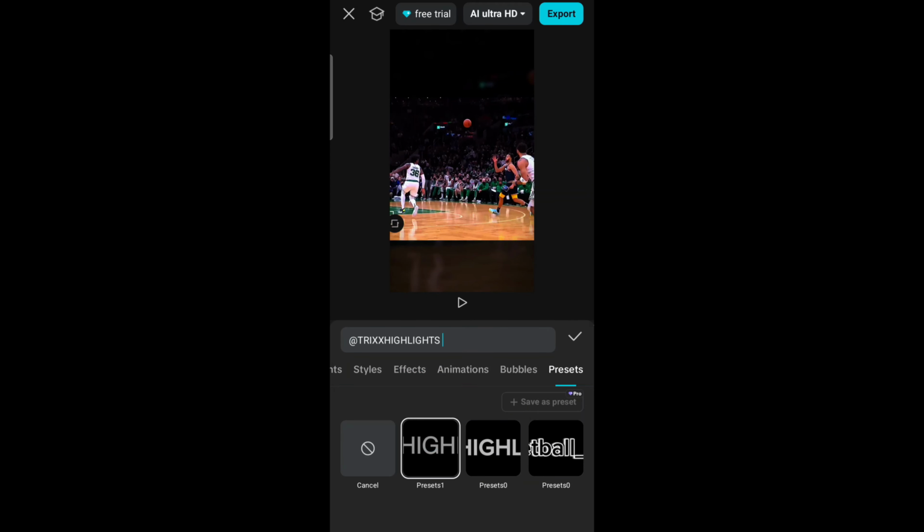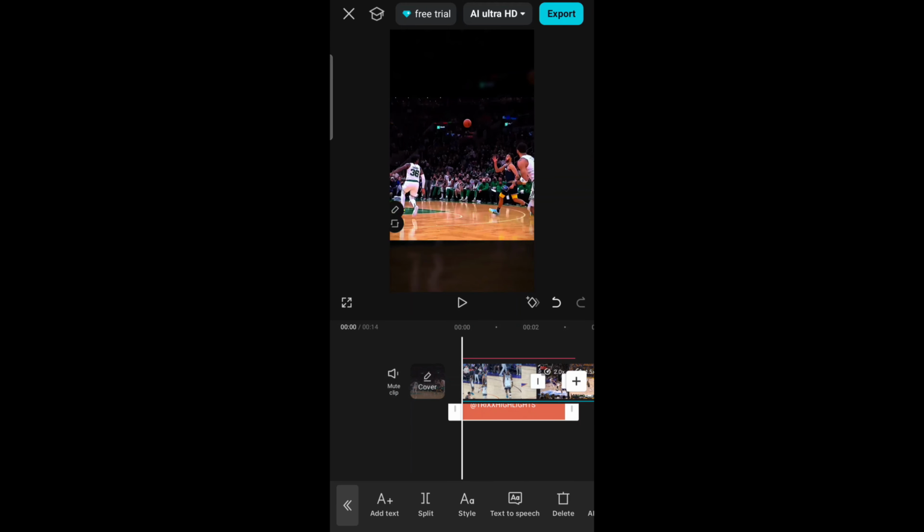So just gonna put your text. If you have Pro, save it as a preset. I put mine as a preset because sometimes CapCut does the free thing where all the Pro features are free for a day, maybe a couple hours, or maybe a week. That's happened before, a week. But yeah, I saved mine as a preset at that time. But make sure you watch this video to remember that. Anyways,